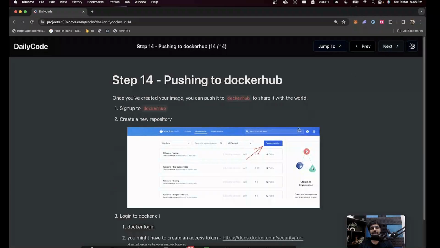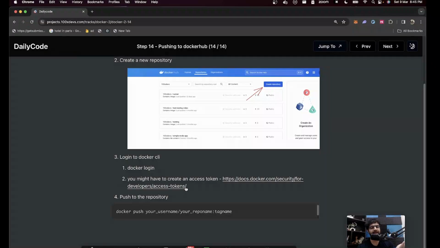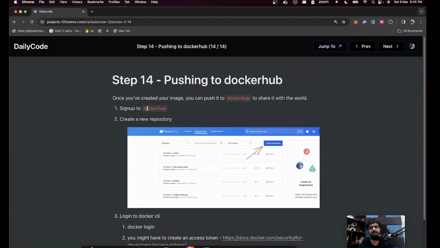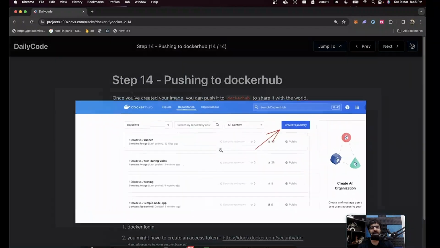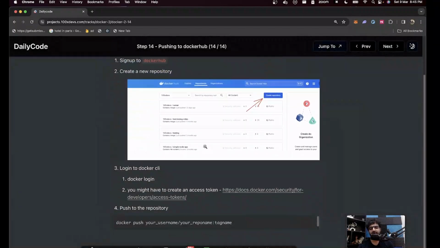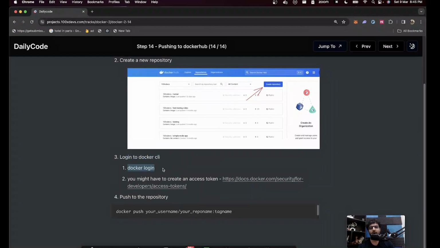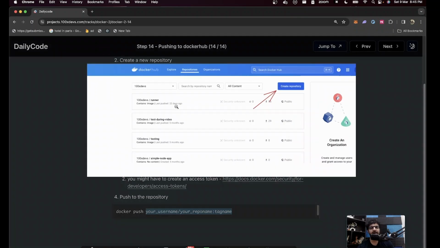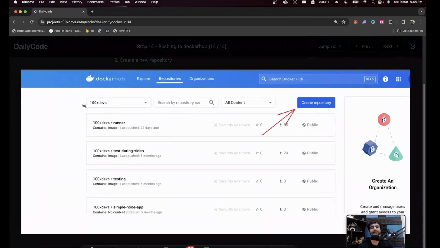And the only thing that's left now, at least for today for the simple stuff, was pushing to Docker Hub, which you can follow these steps. It's very simple. Just Google it if you want, but just sign up to Docker Hub. Create a new repository over there, similar to how you create a repository on GitHub. And then do a Docker login to actually log in to Docker CLI, and then simply run Docker push. The only thing that's weird here is you have to make sure you name it a certain way. For example, if you have a 100xdevs username, then whenever you create a repository, that will be 100xdevs/that repository name.